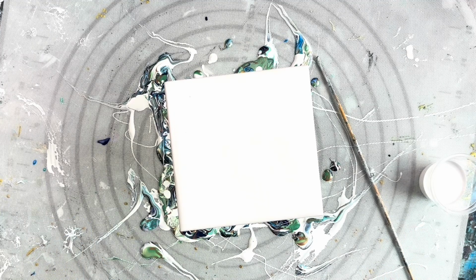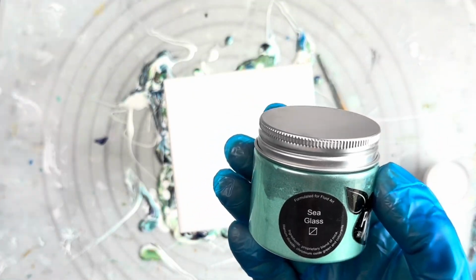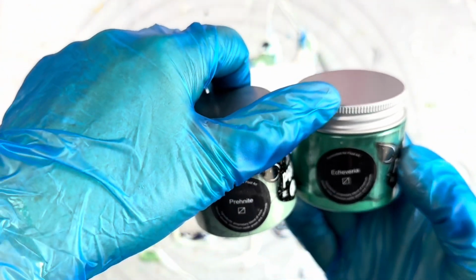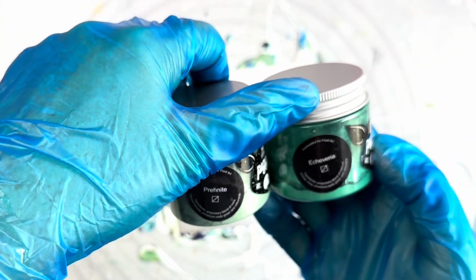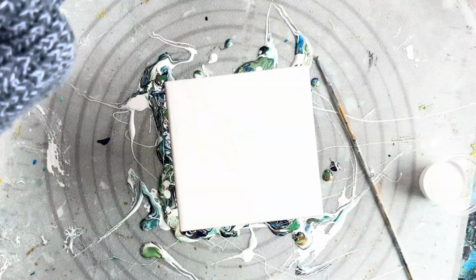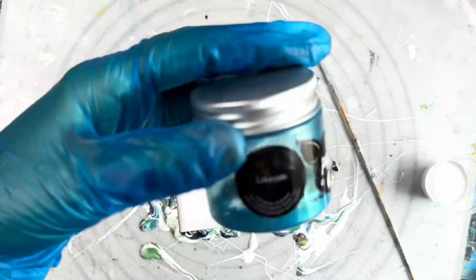Okay. So without further ado, the colours I'm going to use in my corners, I'm using the sea glass and sapphire. And then the two greens in my little green corner are going to be the Prayanite and the Echeveria, or Echeveria, whichever way you want to say it. Then my blues in the middle are going to be Mermaid, Taffy, Lakeside in the middle there,